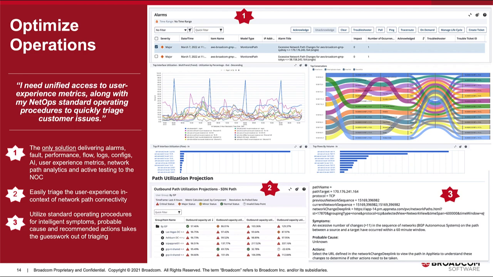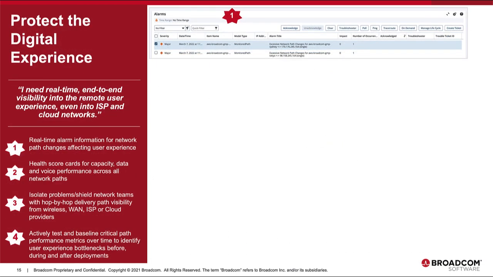And then finally, what does protecting the digital experience look like? Our network operations teams need real-time end-to-end visibility into the remote user experience, even if it traverses over ISP or cloud networks. Again, starting from an alarm. This alarm could have been created from thousands or tens of thousands of events, but as we know, the patented alarm noise reduction inside of DX NetOps fault solution, we know as Spectrum, is able to just surface and focus operations attention on one alarm